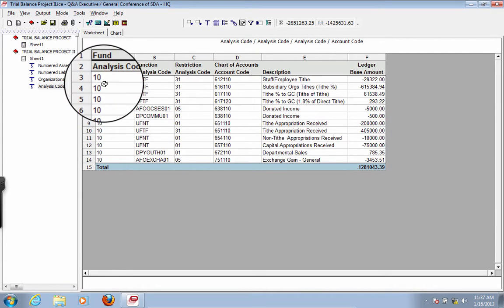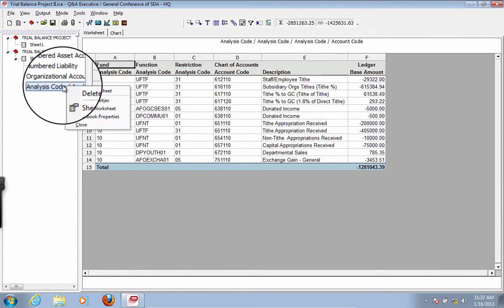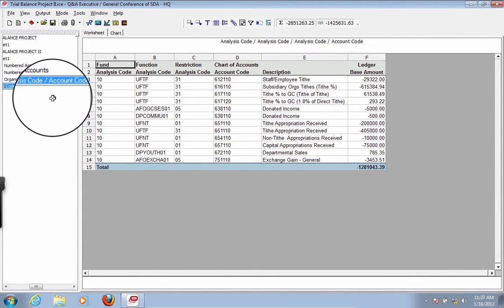Okay, and so we'll name this one, rename this one income statement accounts. Okay,